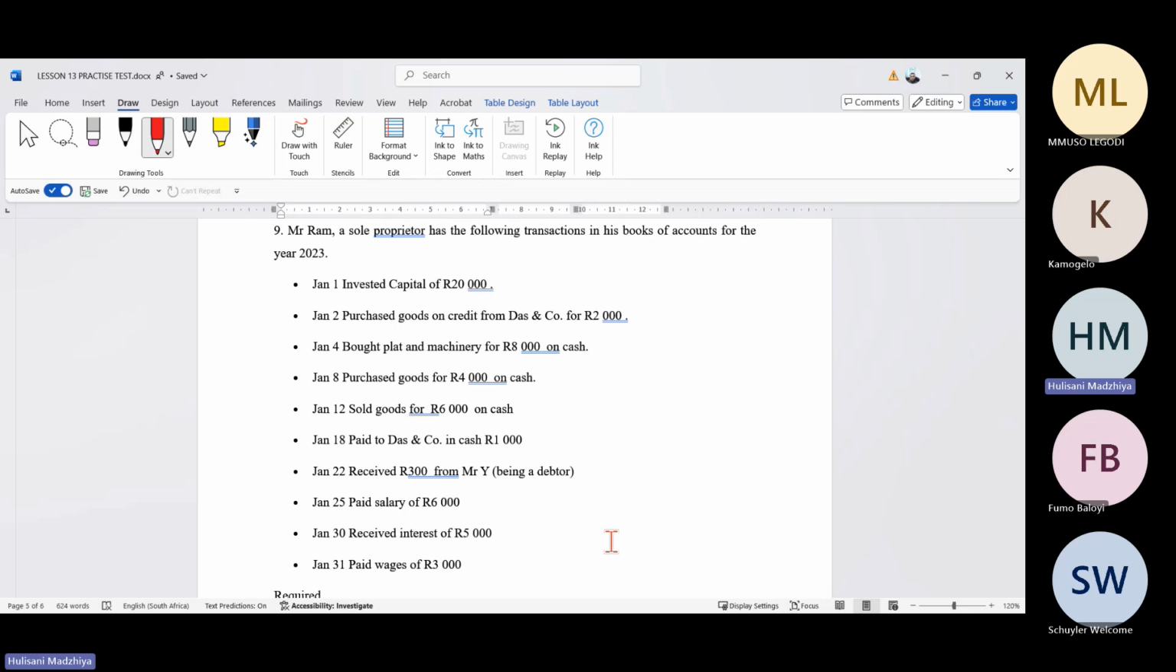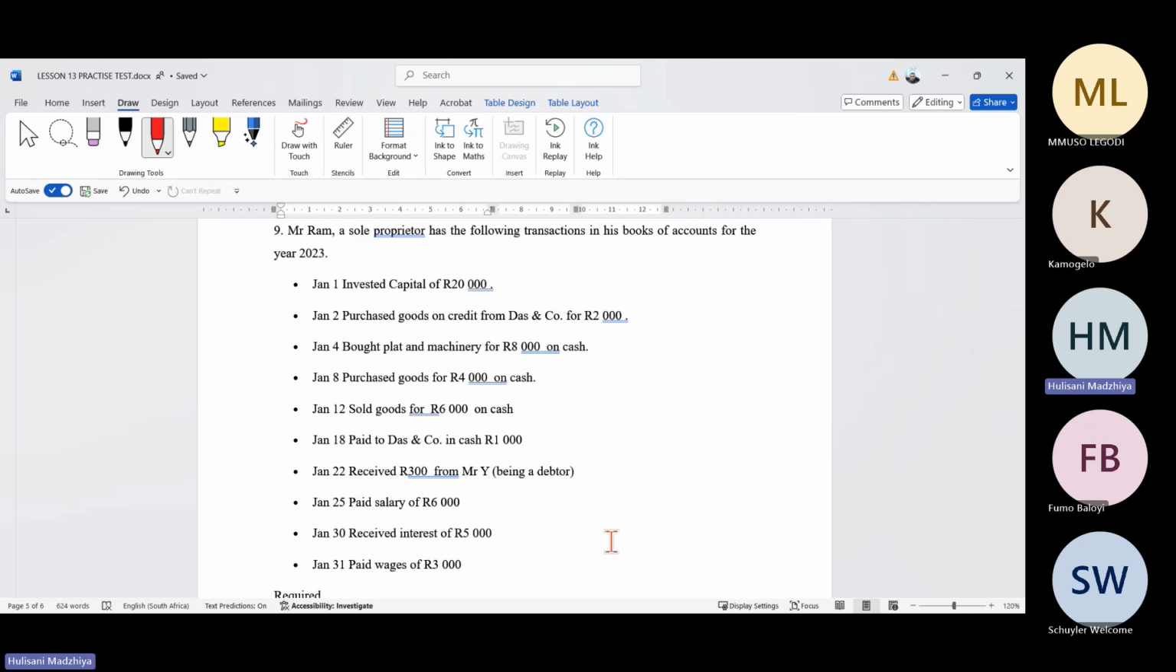So here it says that Mr. Ram, who is a sole proprietor, has the following transactions in his book of accounts for the year. On January 1st, he invested 20,000 as capital. On January 2nd, purchased goods on credit from Das and Company for 2,000. January 4,